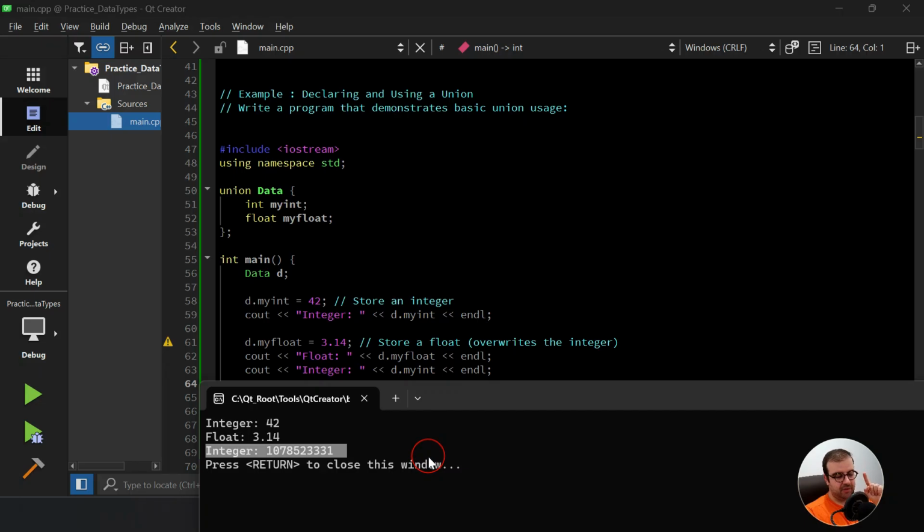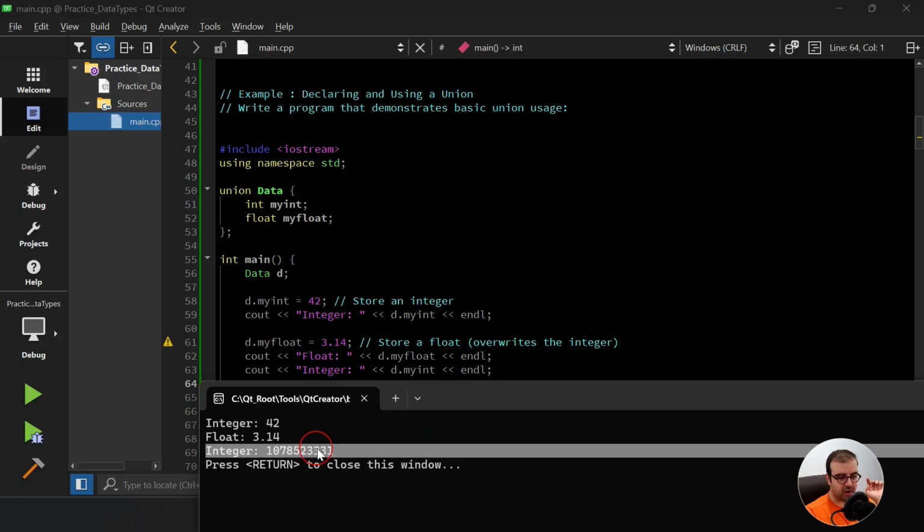Only one variable can be stored in that location at a time. This is why the integer is now taking a garbage value. Okay, so this is the main difference between a union and a structure. When we are initializing a new variable using a union, we are overwriting the previously initialized variables, as we see